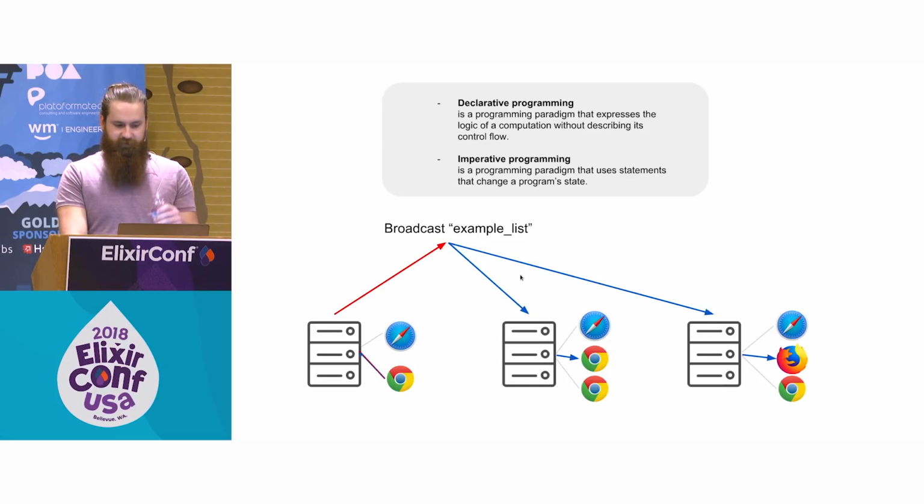Declarative approach to building web UIs. So here are the boring definitions of those things that I pulled off of the first Google hit that I saw. I probably should have attributed the web page, my apologies. Really, declarative and imperative are kind of a scale, right? How imperative or how declarative is something. But I would say the most declarative difference between doing client-side frameworks as opposed to something like Texas is that when you are ready, you have your state updated to a point that you want the clients to update themselves,